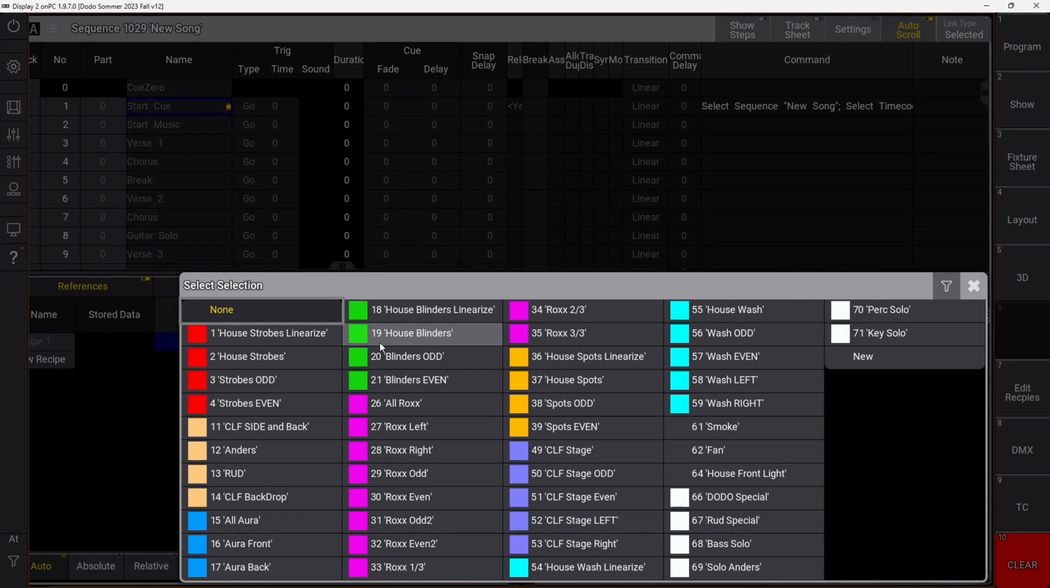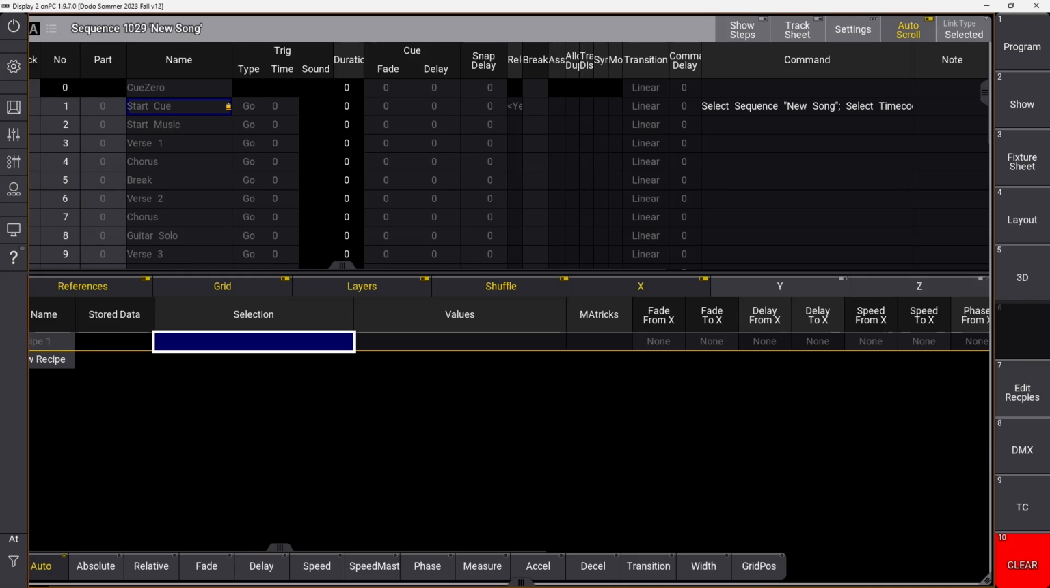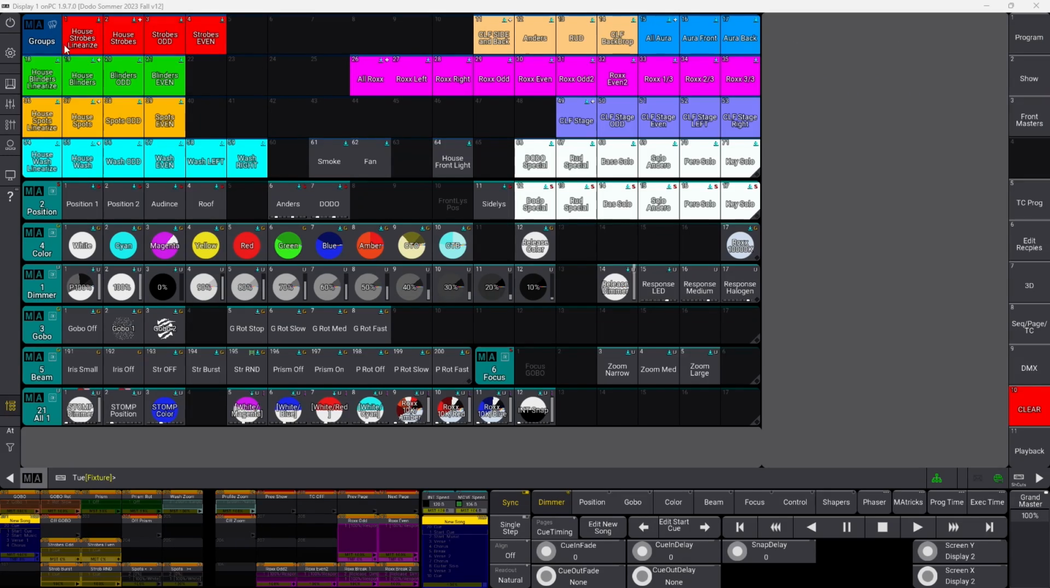I right click, it opens all my groups. And you can see my groups are, all the strobes are in sequence, all the CLFs are in sequence, all the auras and so on. And what I changed from the show I did in the summer, moving indoors now, is that I reordered my groups,